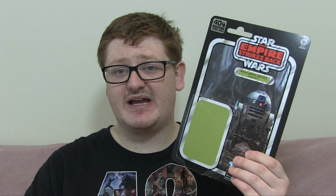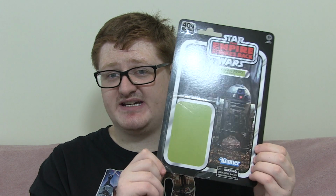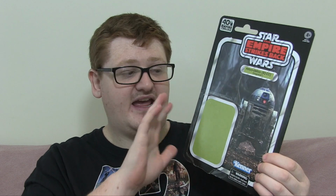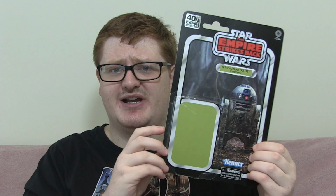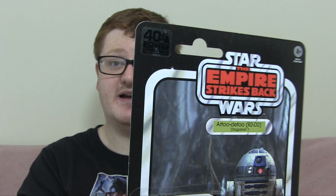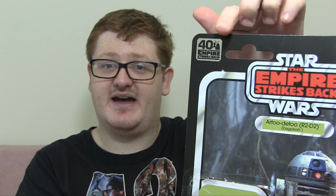Today we're going to be having a look at R2-D2, but first, as per usual, we'll have a quick look at the packaging, then the figure itself. Of course, this line is in a vintage style card rather than the rectangular box packaging. This is obviously to celebrate the 40th anniversary of the Empire Strikes Back, which is signified by that little sticker